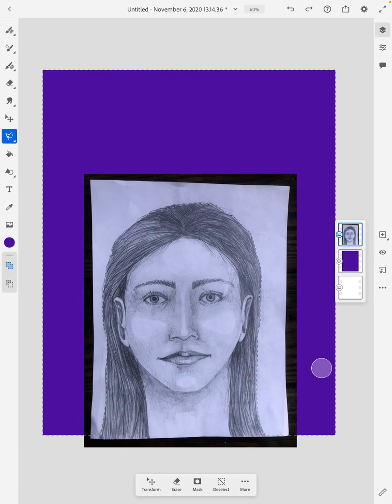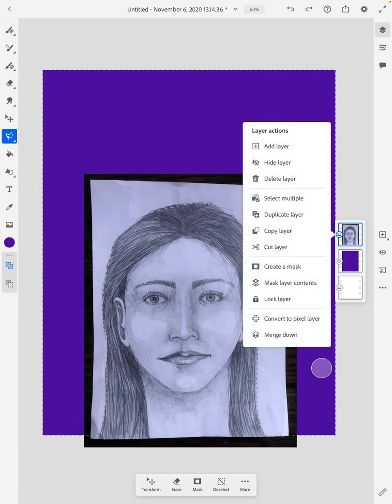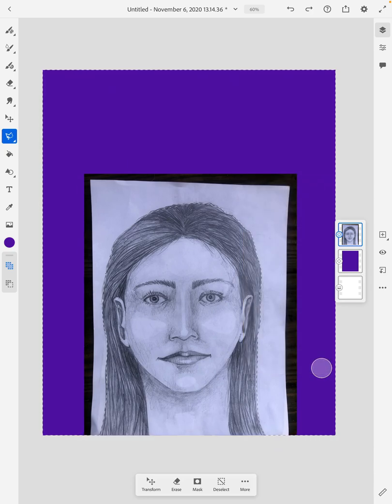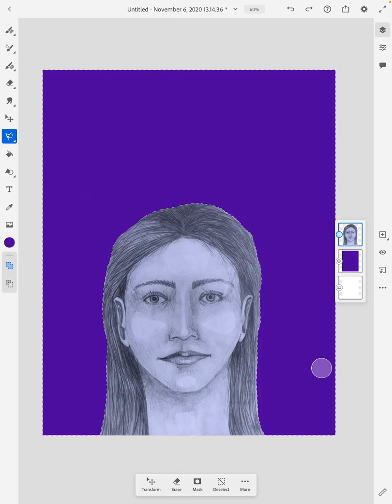In order to delete that, I need to select my layer and I need to convert it to a pixel layer. And now I'm going to select erase. And it deleted everything in the background. And then I'm going to hit deselect. So in order to get out of that tool, I need to deselect that tool. All right, so now we have our head cut out on the background, and we're ready to start the next step, which